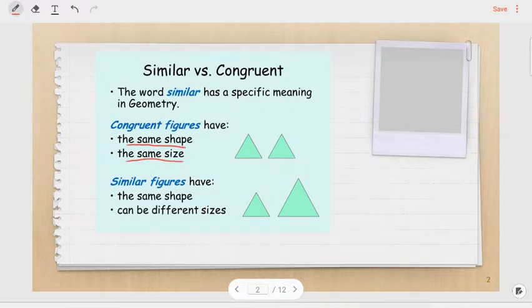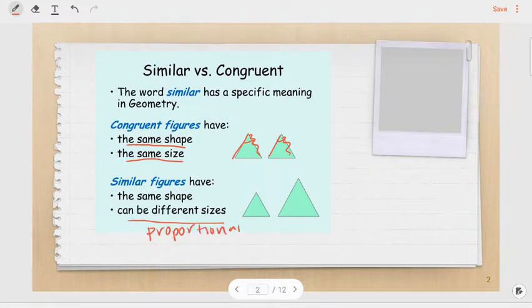So if I look at these two triangles, they have the same side lengths. This length is equal to this length is equal to this length, and their angles are the same as well. All the sides and all of the angles are congruent. For similar figures, they have to be the same shape. So these are both triangles, they're both equilateral triangles, but they can be different sizes as long as they are